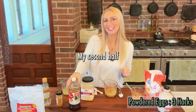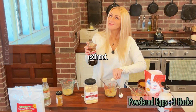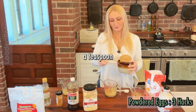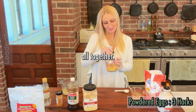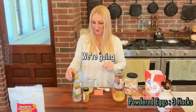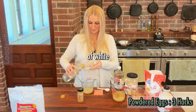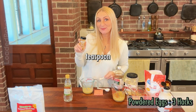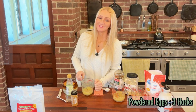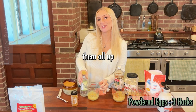My second hack is 1/2 teaspoon of vanilla extract, a tablespoon of butter powder, and 1/2 teaspoon of salt. Stir this all together. My third hack, and this is the fun one, don't knock it till you try it. We're going to add 1 teaspoon of white vinegar, 1/4 teaspoon of cayenne, and 1/2 teaspoon of salt. Mix it all together. Now that we've got them all ready, now we're just gonna cook them all up and